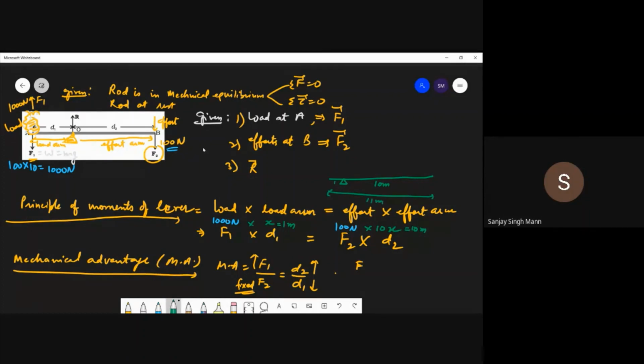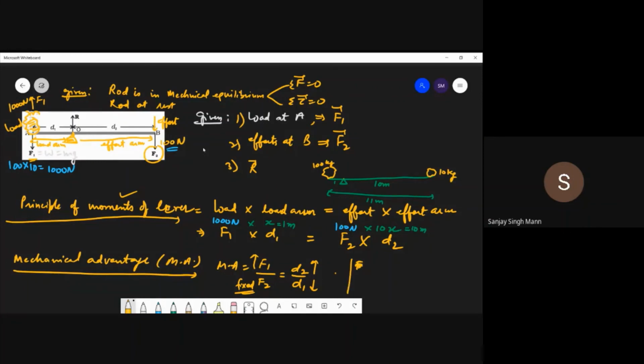So I'm applying the force, meaning I'm picking this load, which has 100 kg mass. And how much mass have I placed over here? If you want to place only 100 Newton, so just 10 kg. So see, 10 kg is balancing out 100 kg. See the principle of moment of lever. See the power of the lever, the application of the lever. It means where you are putting this support matters. So you will get the mechanical advantage.